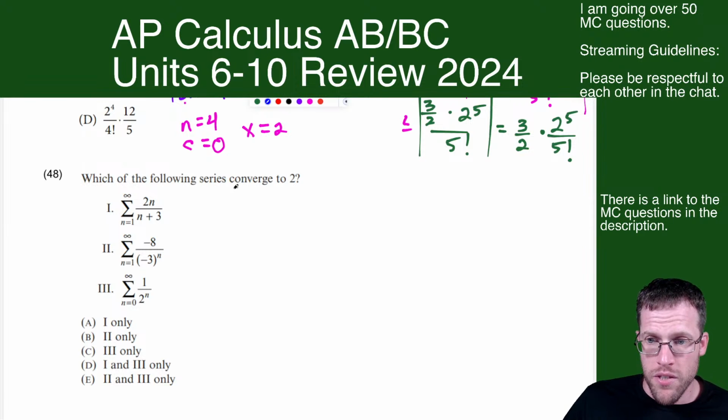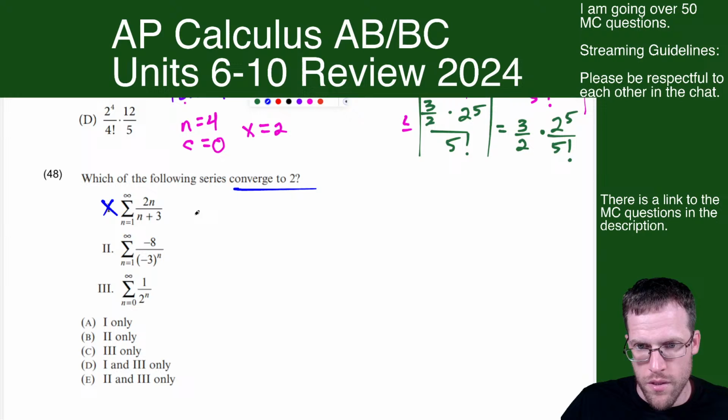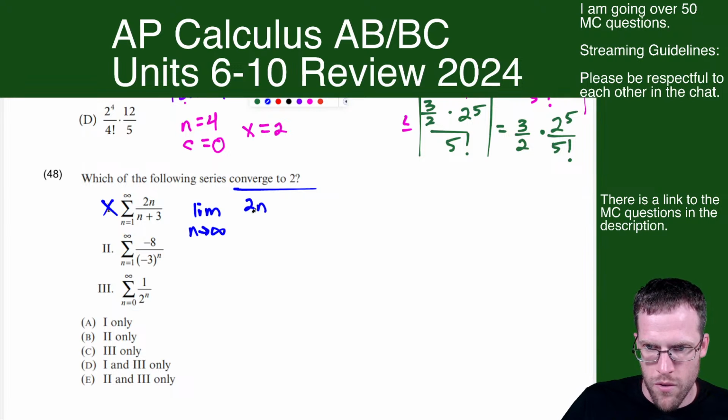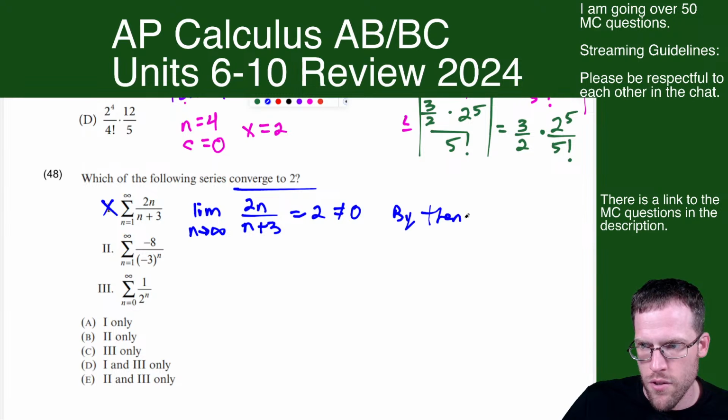Which of the following series converge to 2? So we have this one diverges. The limit as n approaches infinity of 2n over n plus 3. So unit 1 skills, this limit is 2, not 0. So by the nth term test,